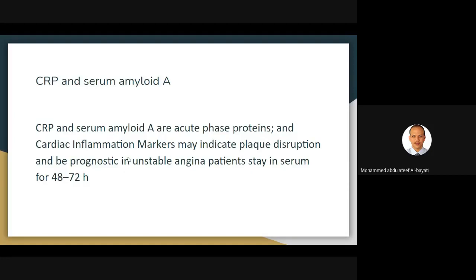If chest pain is present with these markers elevated, it helps in assessing the prognosis or prognostic state of the patients. If both are elevated together in unstable angina, this indicates the presence of a ruptured atherosclerotic plaque.